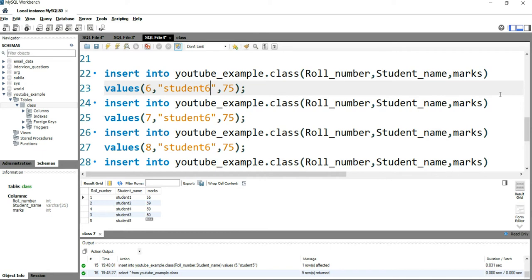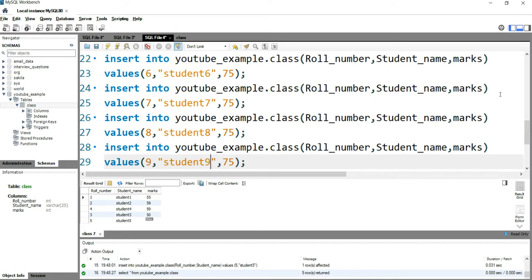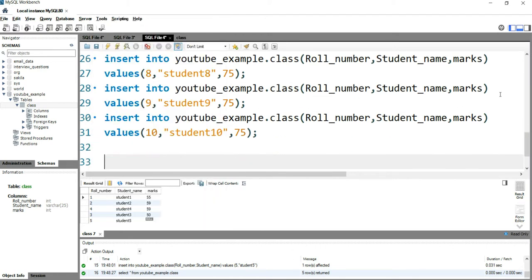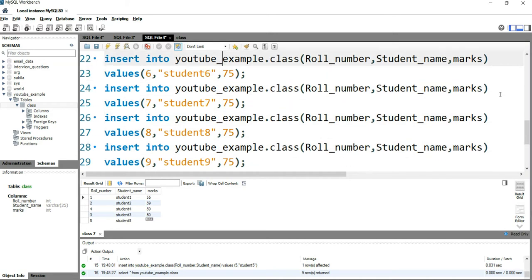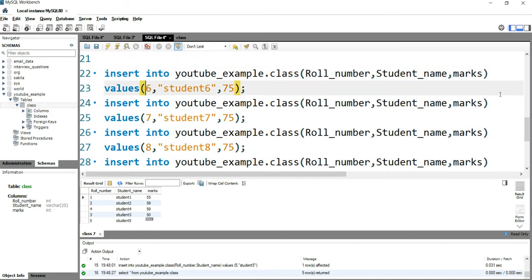This 6 is fine, this is 7, this is 8, then 9, and then 10. Then again we have to go back and change the marks. So it's kind of a manual thing, and it takes a lot of manual effort, right? After changing the marks, we can run this entire thing at once.